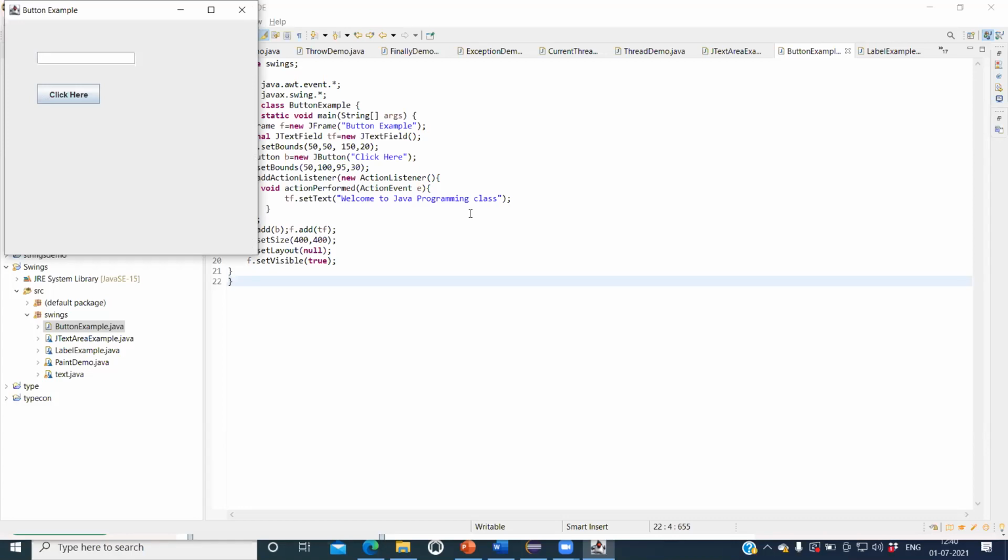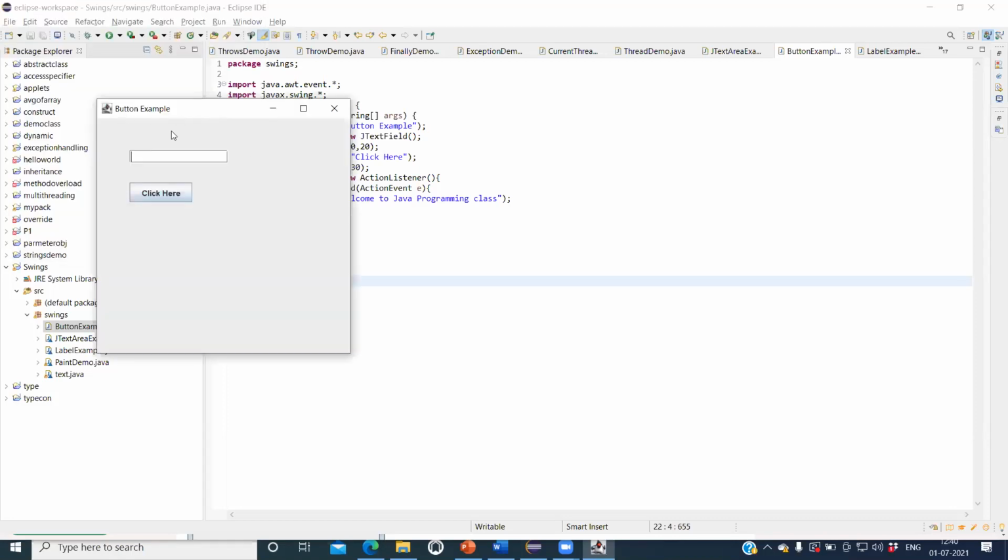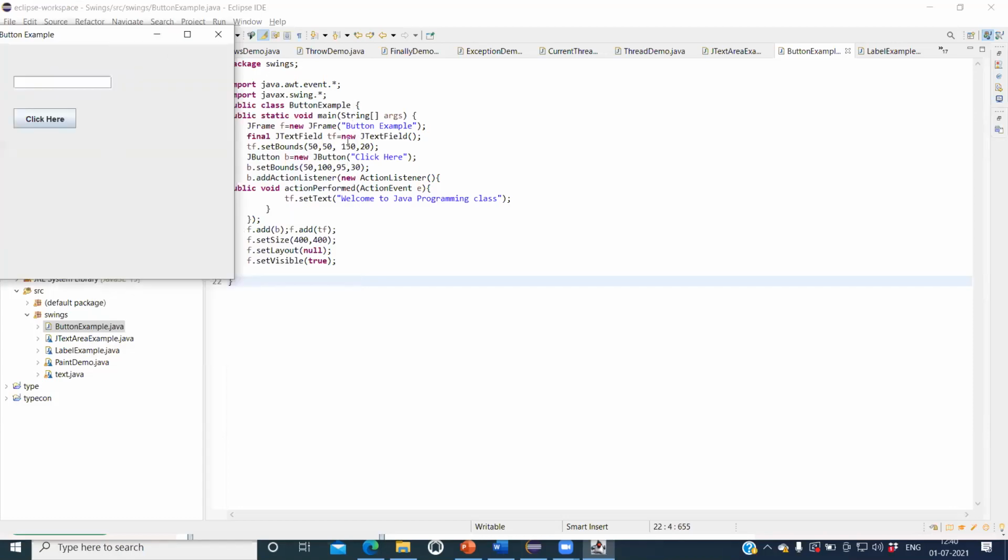Can you see the container names also? This container name is button example, but the container is the frame container. Frame container group can assign